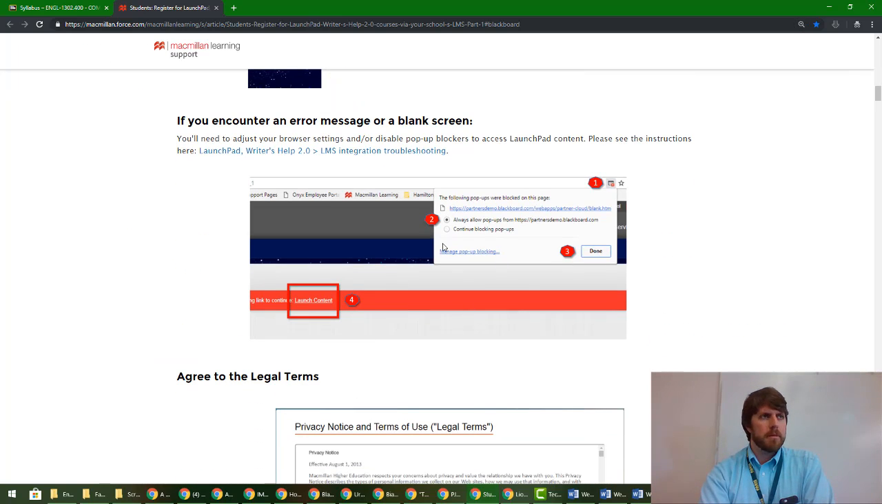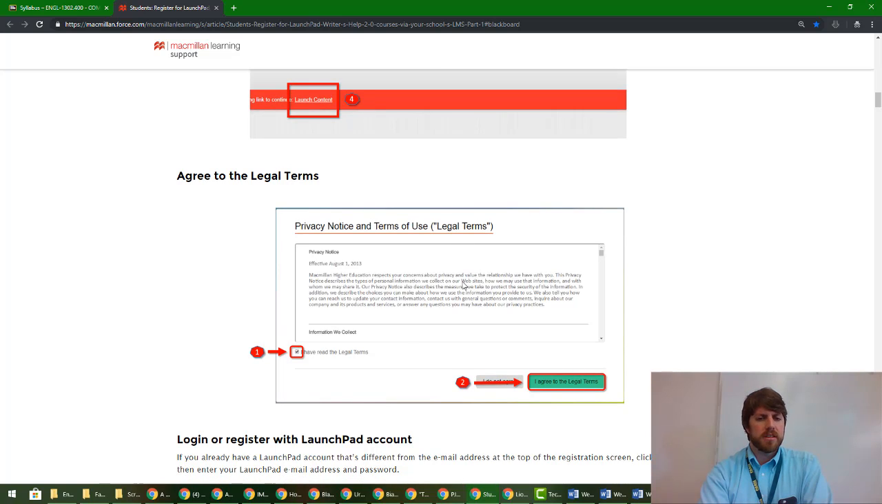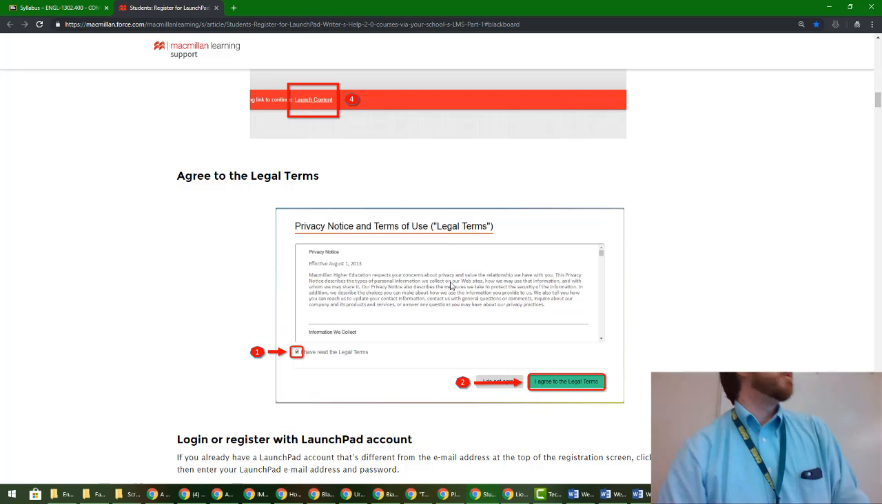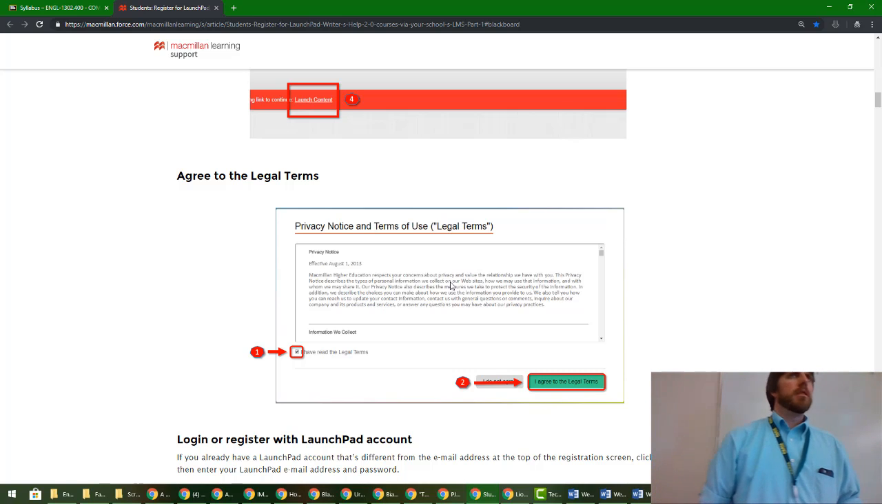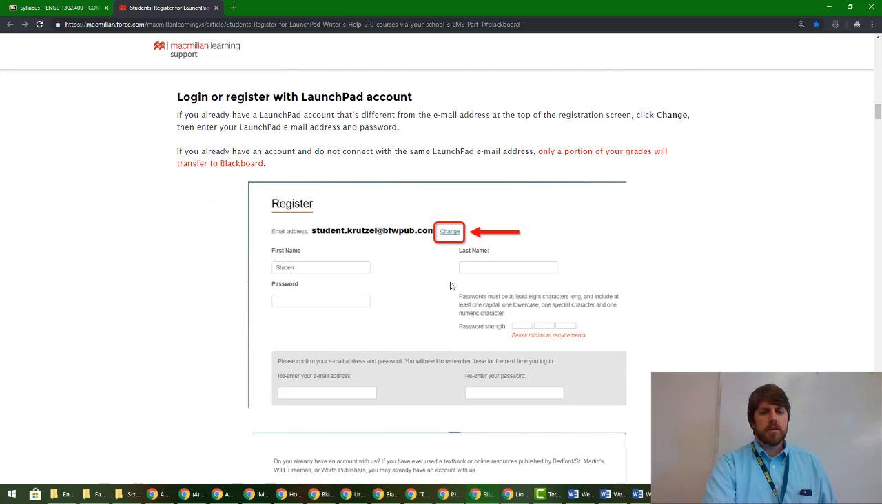It might ask you to do some pop-up blocker stuff, just disable pop-up blockers on the site, and then read all these probably 12 pages of legal terms, like you do every time that you see a terms of service. Click agree 3 hours later when you're done reading it. And then log in with your Launchpad account or register with the Launchpad account. So it's going to have you use the, I believe,